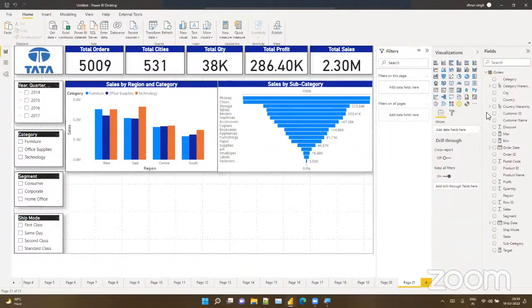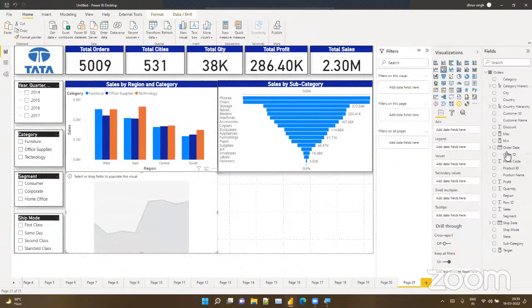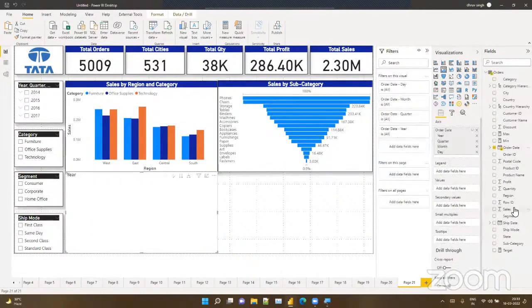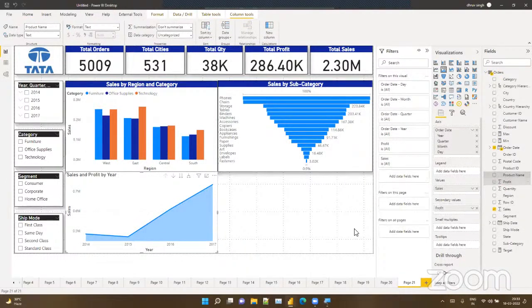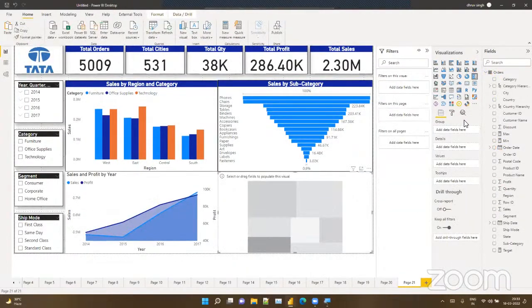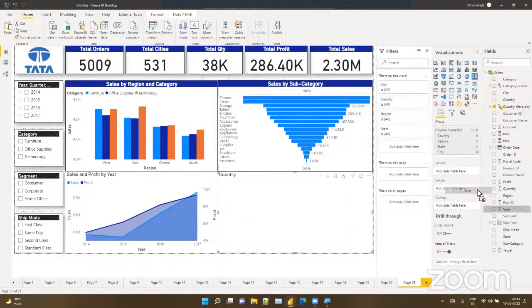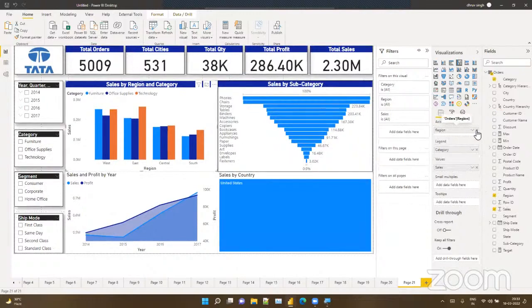What next? You can drop a visual below also. Take an area chart if you want. Right. You can drop order date wise sales and profit. Same way you can take a tree map over here and drop the country hierarchy and sales values. In this clustered bar chart also, instead of